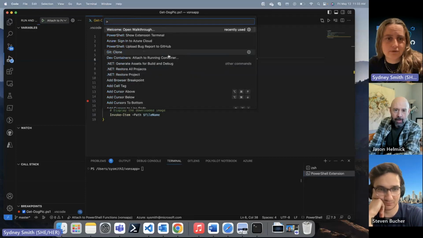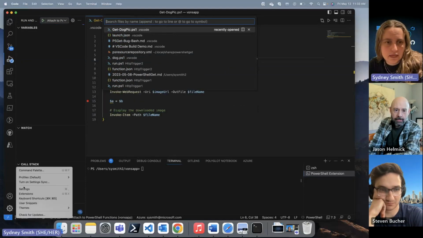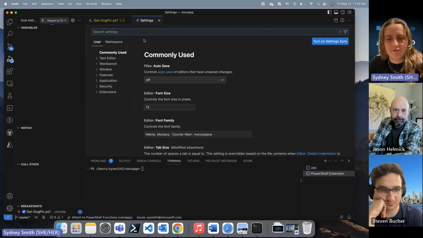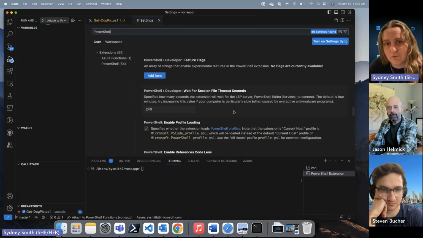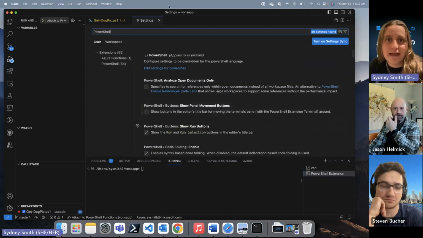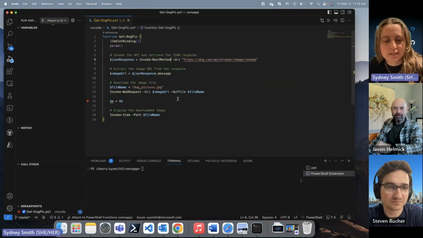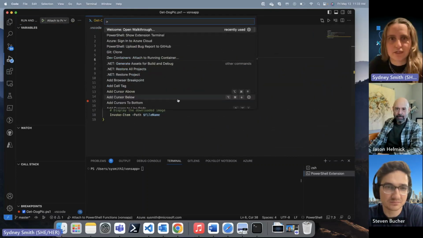If you go down here, click on this, you'll be able to open up your settings. And once again, if you type in PowerShell, you'll be able to see all the settings available to you for the PowerShell extension. And finally, if you want some more information on the PowerShell extension for VS Code, once again,